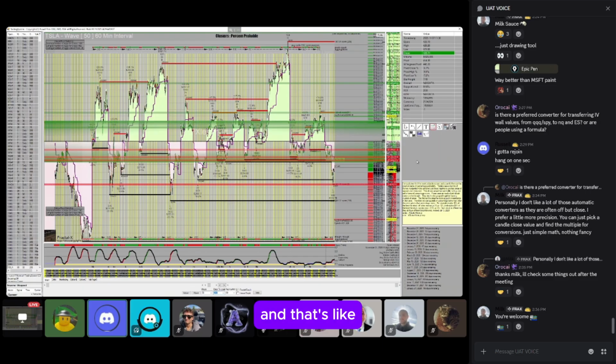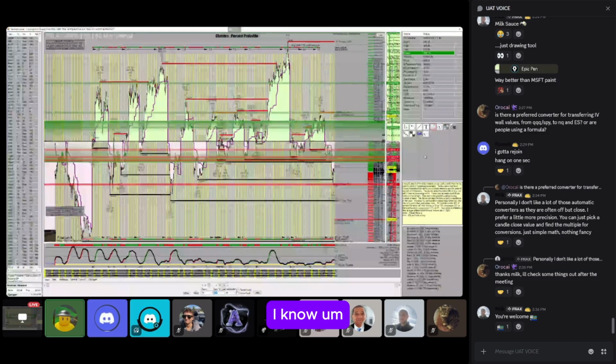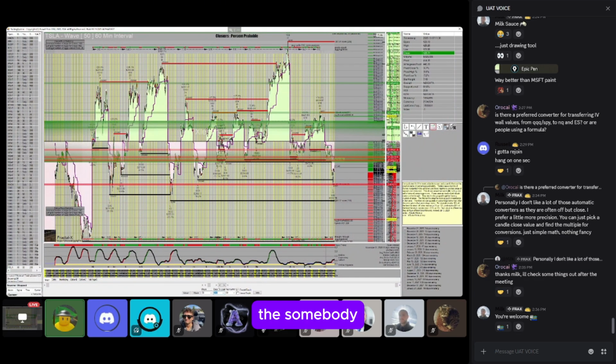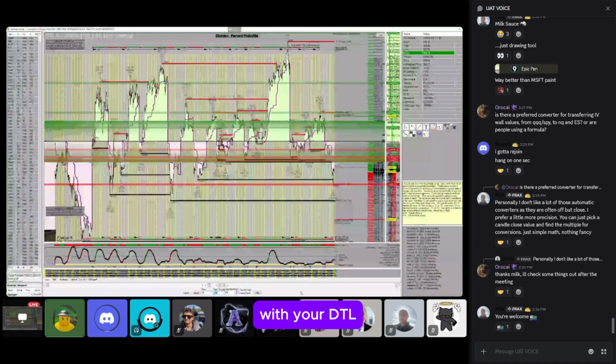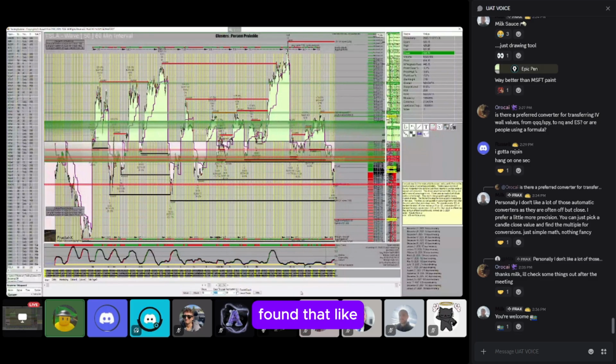Yeah, and that's what's important: can you find stuff that's kind of consistent? Somebody was talking about it, but it's basically just using this wave button on the bottom. There's the wave minus and the wave plus, and then messing around with your DTL. I have found that it is a very good learning tool to just go on QQQ, try out the different time frames, and increase and decrease the wave cycle, and see how the waves split up as you decrease your waves.